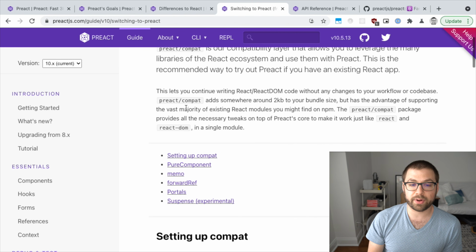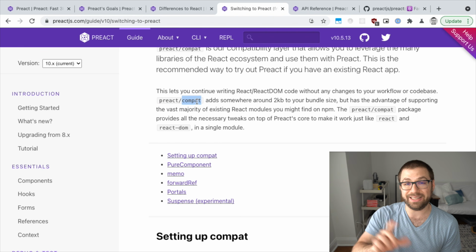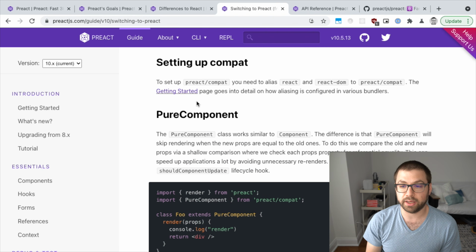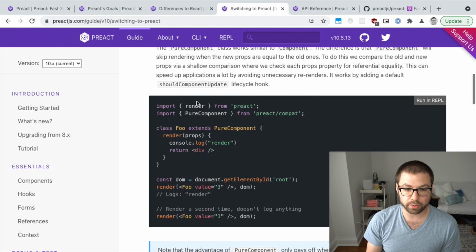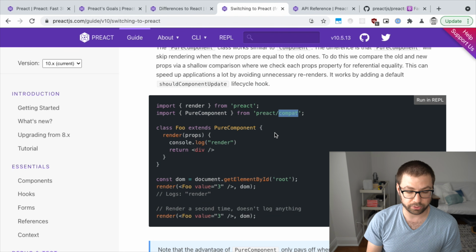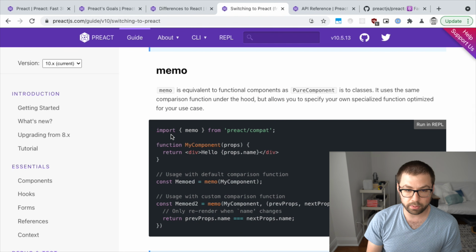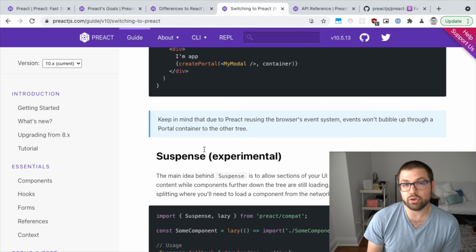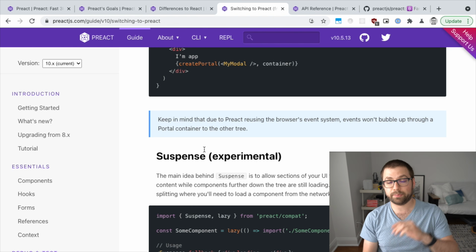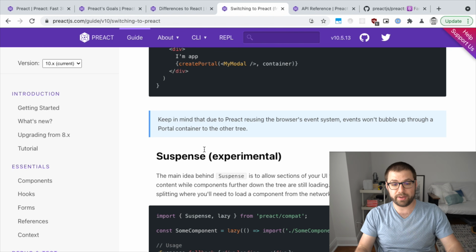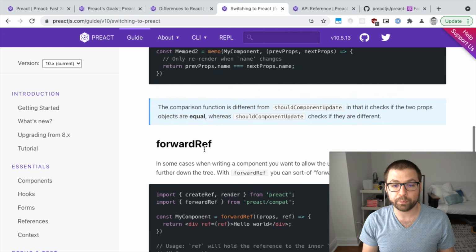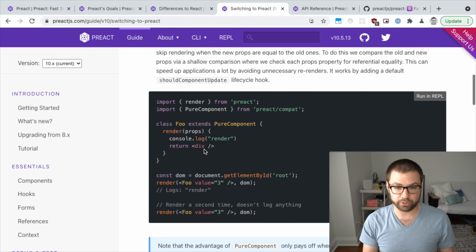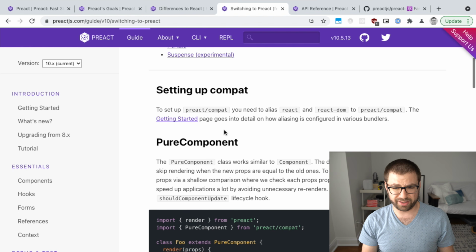So some of the things that Preact Compat adds to make it easier for you to migrate from React to Preact are things like pure component, which is not by default included in Preact, memo, forward ref, portals. These are things that you could probably build most applications without, but if you're pretty entrenched in React, this makes the migration easier to do. I think that's even more interesting, though, when you're switching from React to Preact, is here,